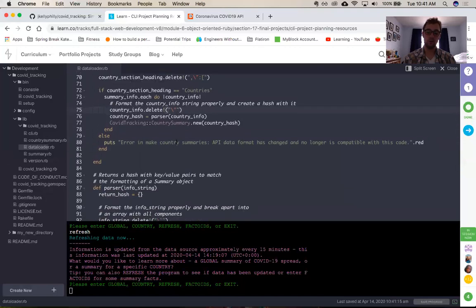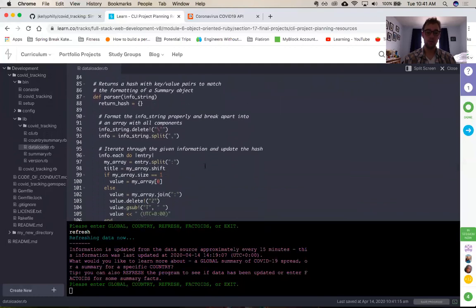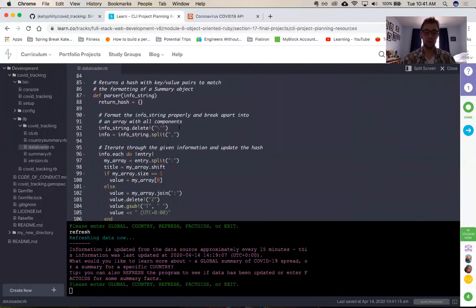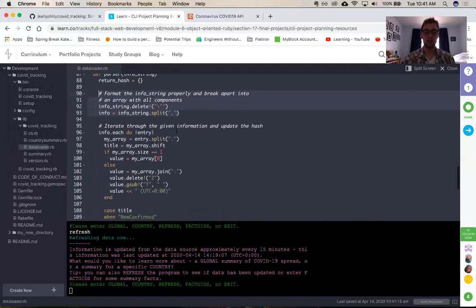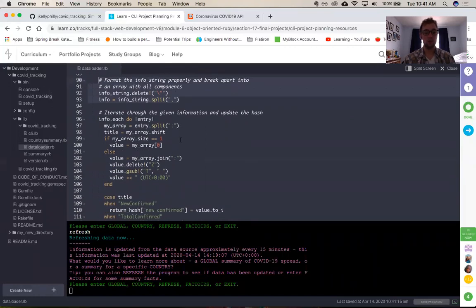I created a quick look at the parser method. Basically, it does some reformatting of the string that is passed in, taking out these quotation marks if they're present, splitting by commas, which is sort of how the data was broken apart, and then for each